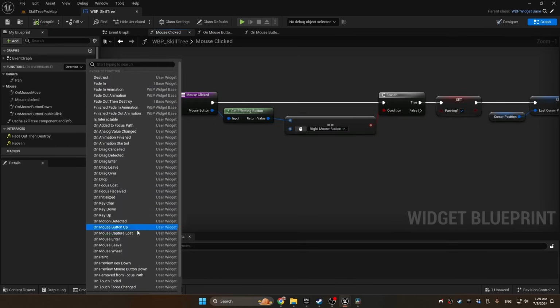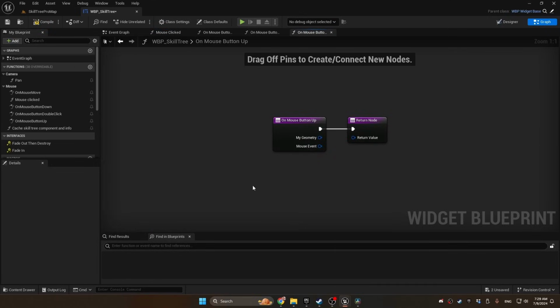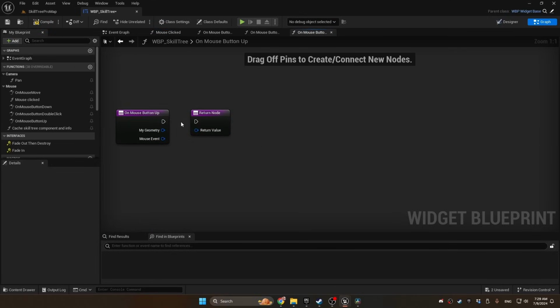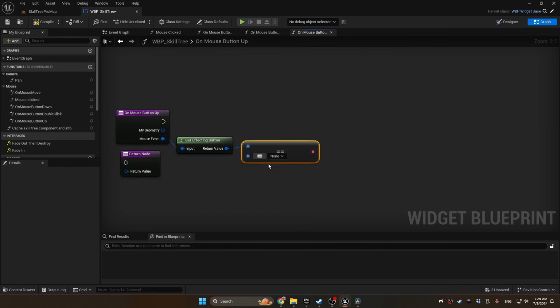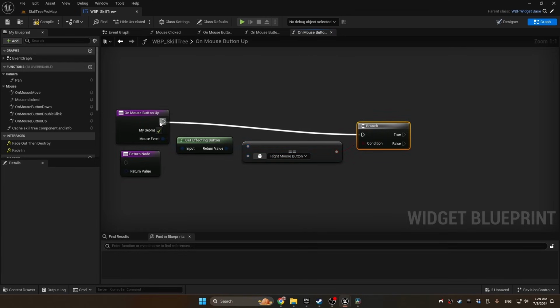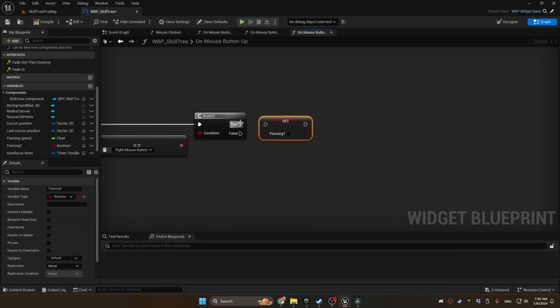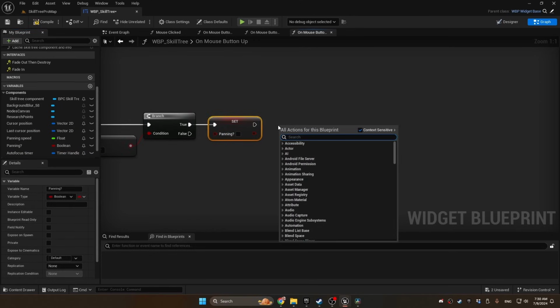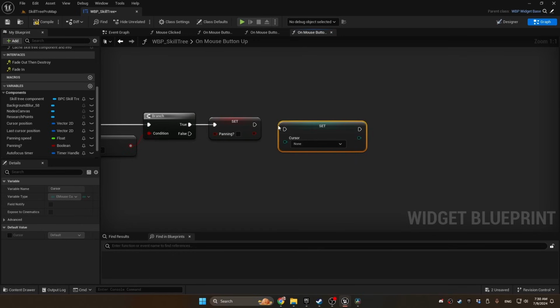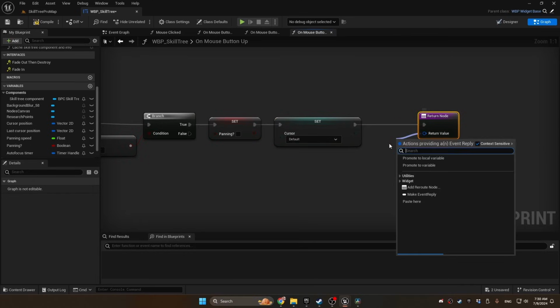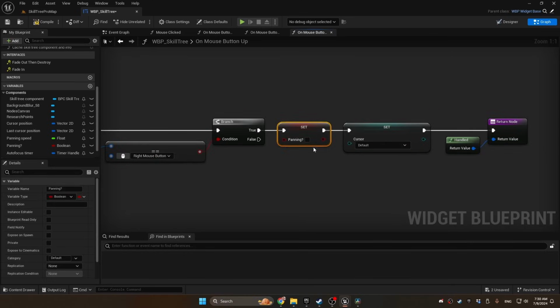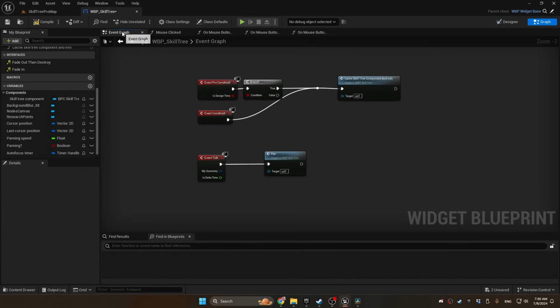Now we'll override on mouse button up and set everything back to the way it was. So drag off mouse event, get affecting button. If it's the right mouse button, set panning to false, set cursor to default to bring it back, and handle it. Now finally, to put this panning variable into use, we'll go back to the event graph, and on tick,